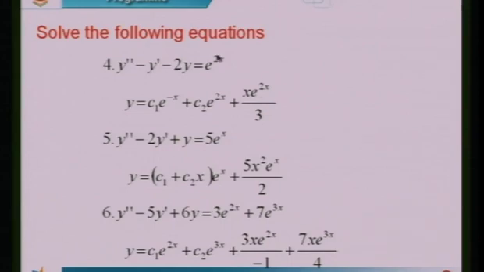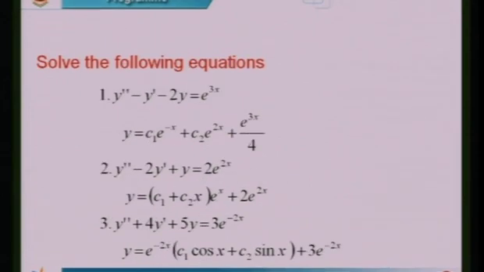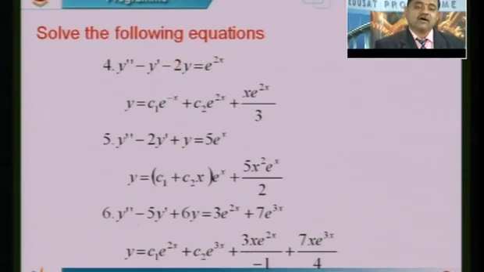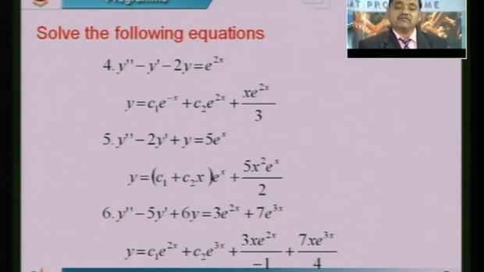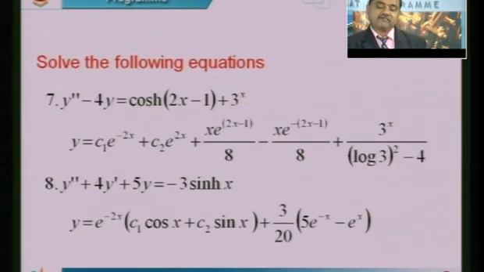If we have not done the fourth, you can do it. Same thing, minus 1 and 2 are the roots. If you replace 2, 2 squared is 4, here it will become 0. So the denominator becomes 0. You can multiply by x and differentiate the denominator with respect to D. So far, all the questions I have shown, 1, 2, 3, 4, 5, 6, are of second order.